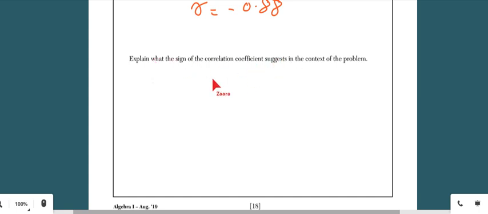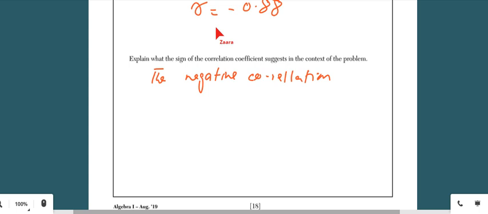Explain what the sign of the correlation coefficient suggests in the context of the problem. So it is the negative sign, right? It means the negative correlation